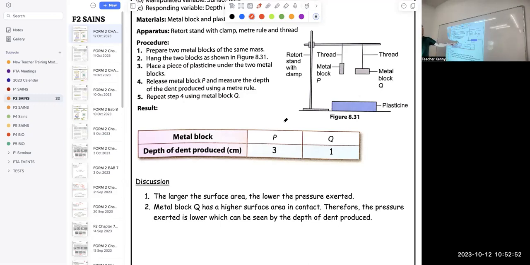Understand? So if you can see over here, P, the dent is 3 meters in, Q is 1. Now let me ask you, why do you think P dropped deeper inside? What's the difference between P and Q? One is standing, one is lying down, right? So what is the technical term? The surface area, correct or not? The surface area is smaller, the surface area is bigger. So if surface area is smaller, the what is higher to create a deeper depth? They create a stronger